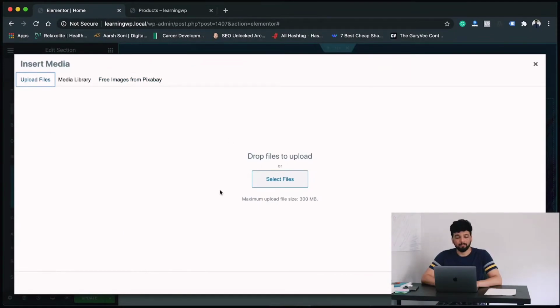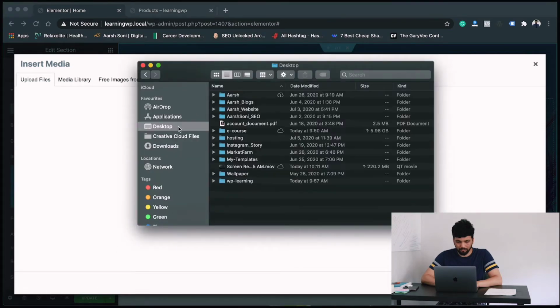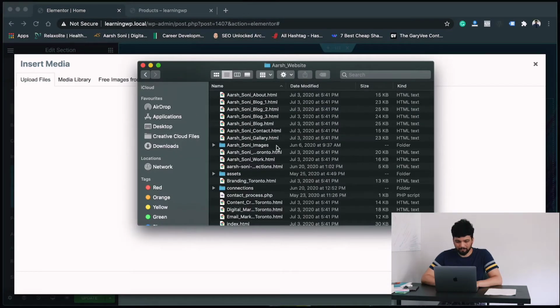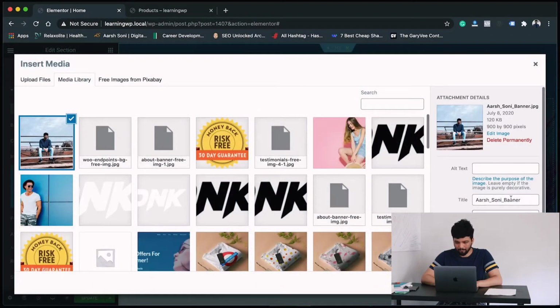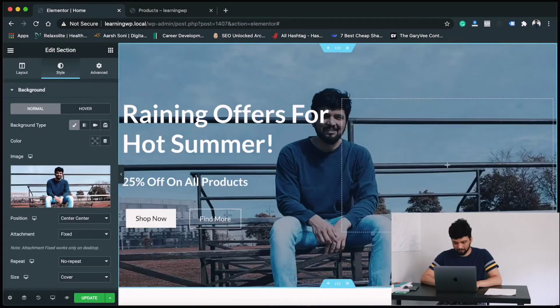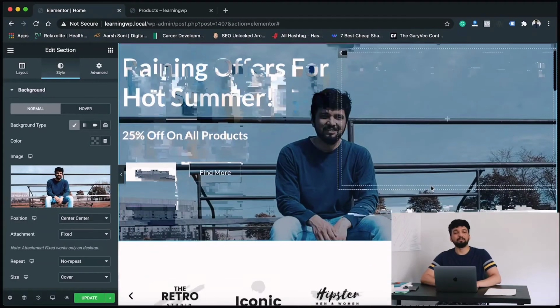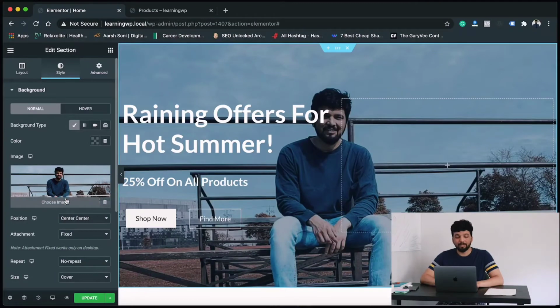I'll show you how to upload an image first. So go ahead and click upload images. Select new file. Or we'll just take some image from my website. And there you go. Now here, if you want to change the name, make sure you keep the images small and precise. I'll show you a plugin where it automatically does that for you. But for now, we'll just go ahead and click insert. And there you go. The image is changed. So that's the way you can change images.